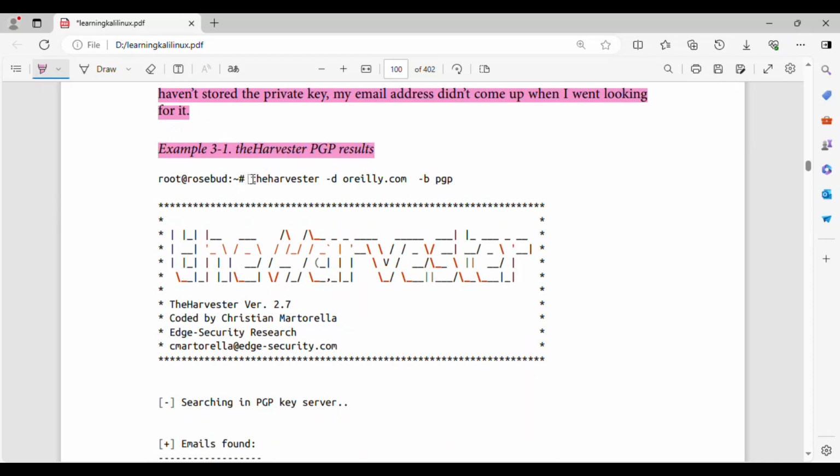Example 3-1. theHarvester PGP results. root@rosebud# theHarvester -d oreilly.com -b pgp